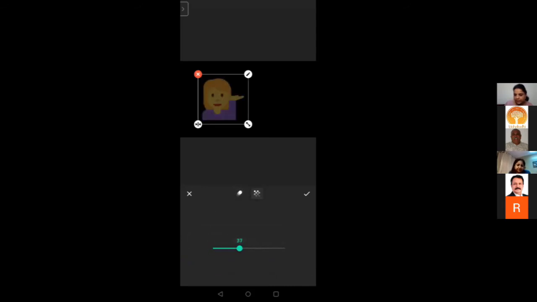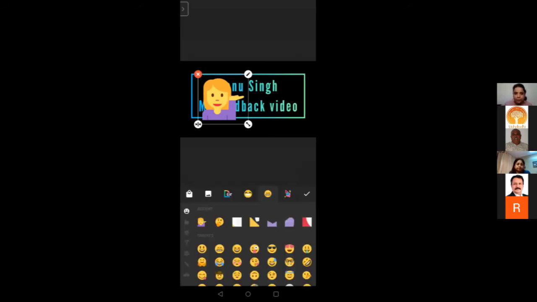So how much lighter and darker you want, you can do that. And the edit option is only for the transitions, कि आपको ये pop in कराना है या pop out कराना है. अगर आपको कुछ भी नहीं कराना है, then you don't go there. You just cancel. आपको pop in pop out कुछ नहीं कराना है because this is just a normal smiley that I've added, and you just move it.